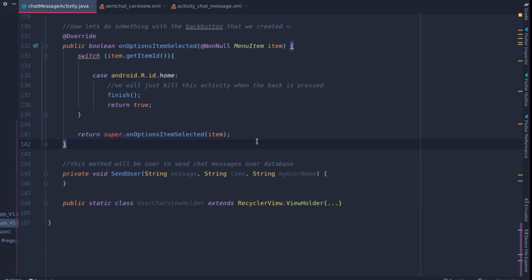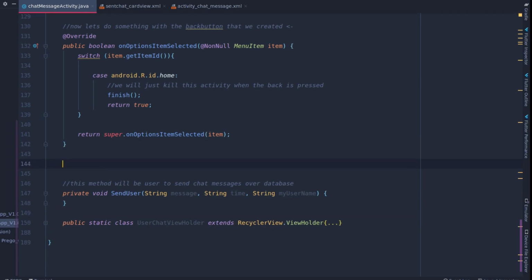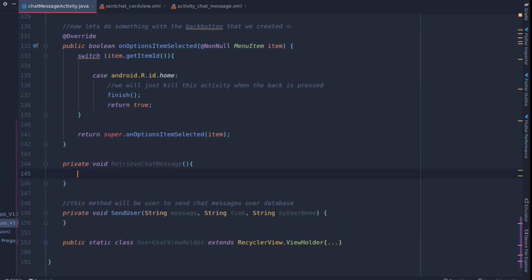Okay, now before the send user method we need to create another method, that is private void retrieve chat message. Okay, so we need this method by default, because whenever this whole thing is opening, this needs to be called and the whole thing needs to be set up first. So we'll say, let's give it final Firebase recycler adapter, and we'll say